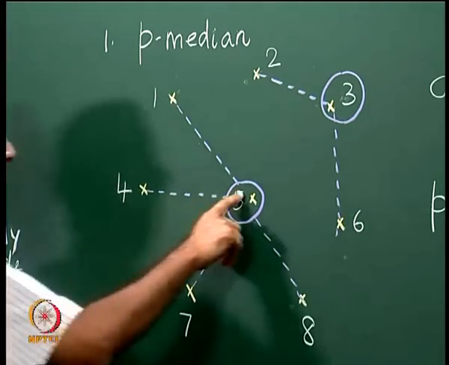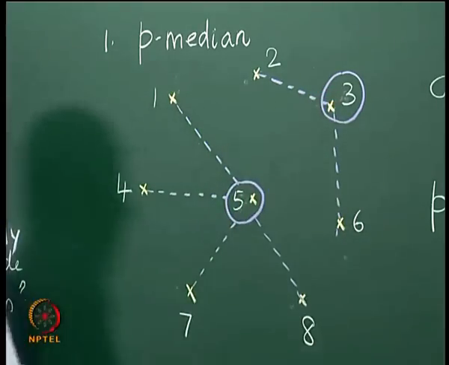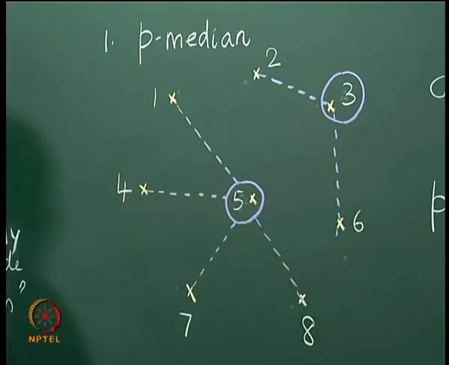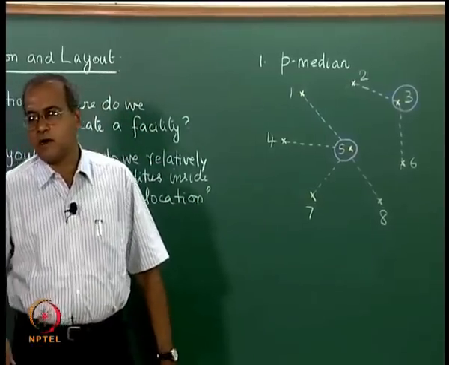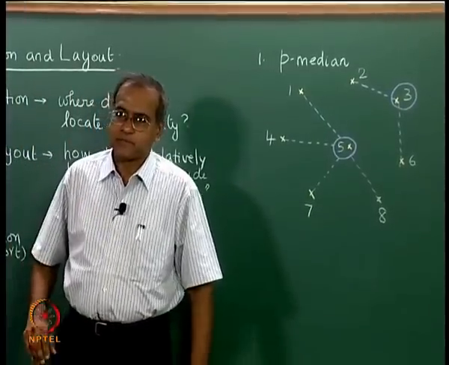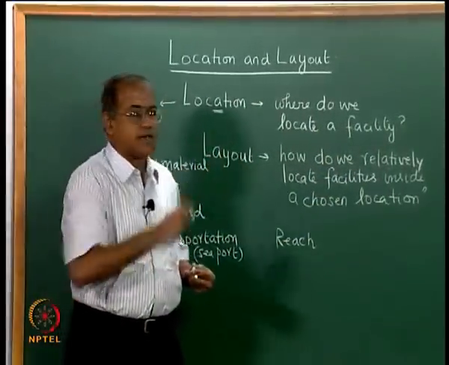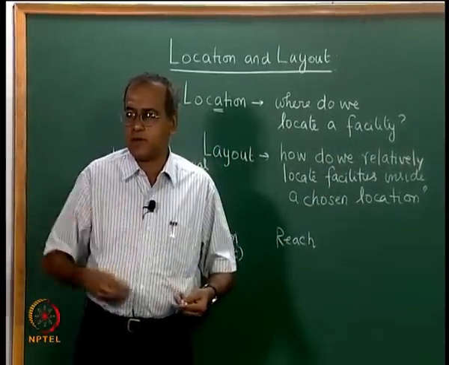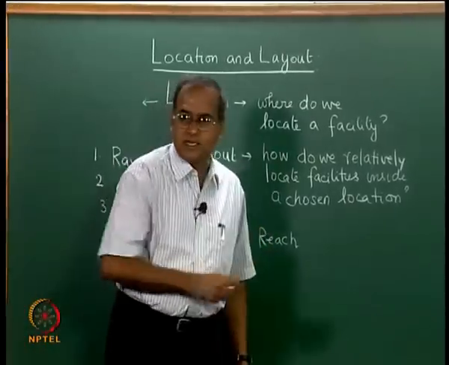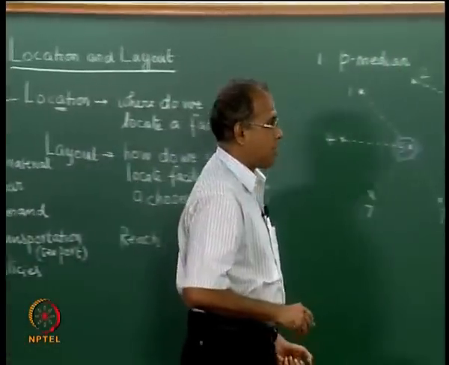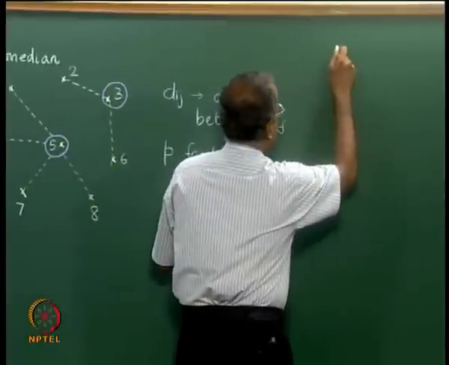Now these two are called the median points, and since we are talking of P medians, this problem is called the P median problem. Now this problem can be formulated as a binary integer programming problem, which we will see right now. So we will assume now that we will have xjj